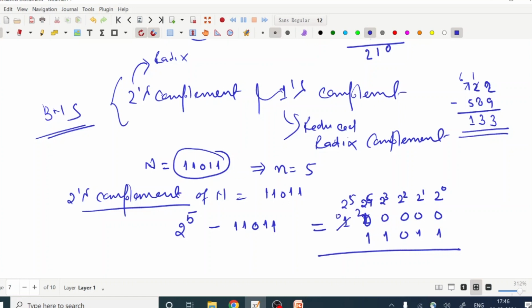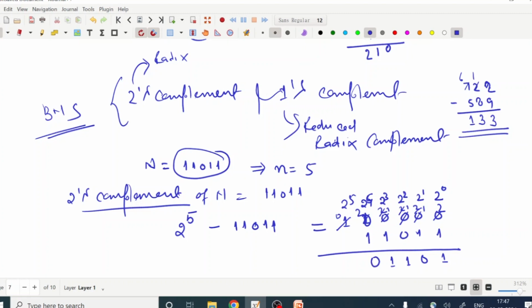2. So this is coming in the form of 2, this digit is 0 and this is 2. Then again we take a borrow of 1 here, so the borrow goes in the form of 2, then again here is 1, the borrow is 2, then again we take a borrow 1 from here, so 1 is remaining and this is 2. So 2 plus 0 is 2, 2 minus 1 is 1, then 1 minus 1 is 0, then 1 minus 0 is 1, then 1 minus 1 is 0.